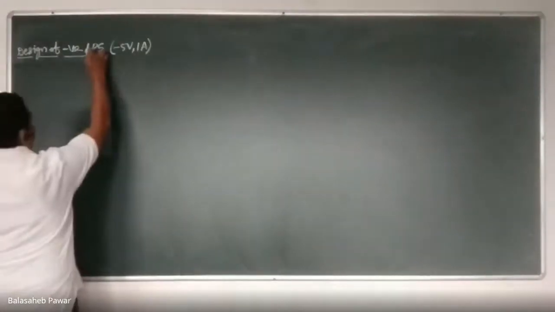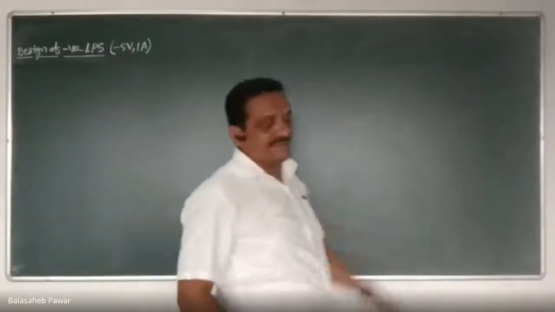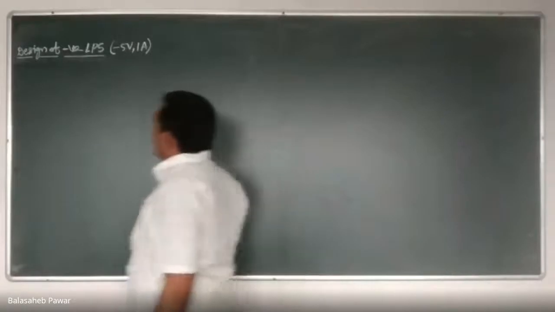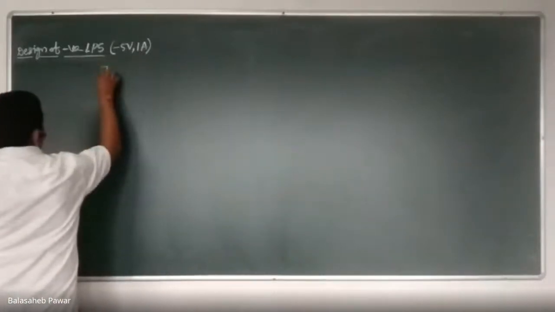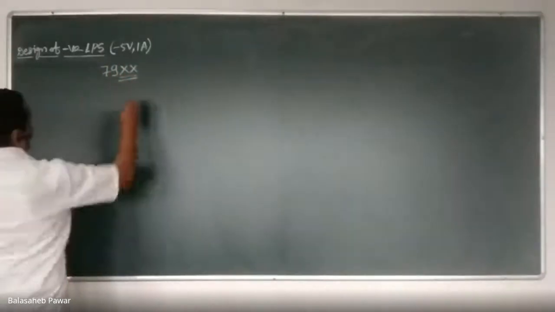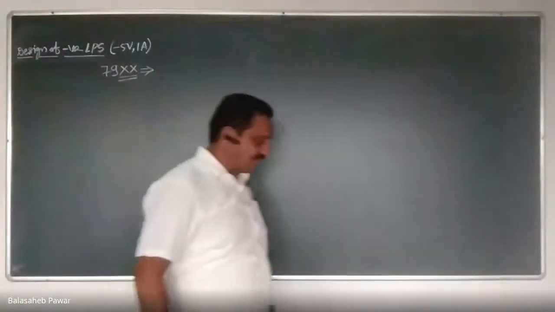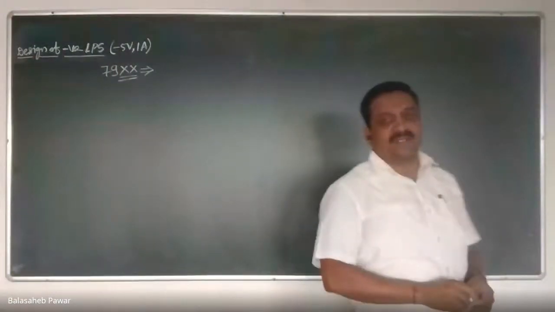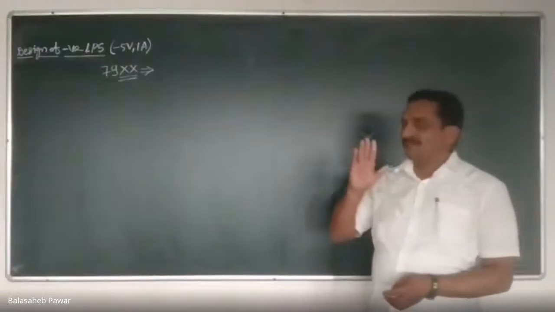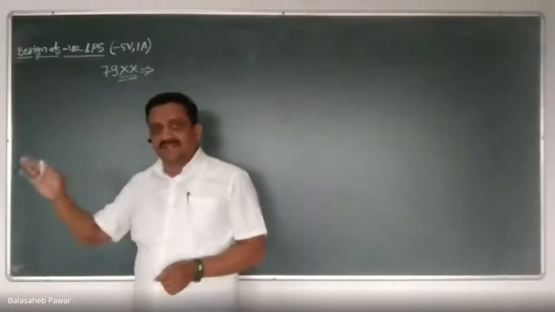As it is mentioned, it is an LPS. That means again we will design and develop it using a linear IC regulator, and the linear negative IC regulators are the 79 series. Again, the last two digits indicate the negative output voltage of that regulator IC. The 78 series is a positive fixed voltage regulator. Similarly, the 79 series is a fixed negative regulator.